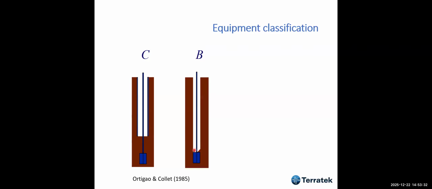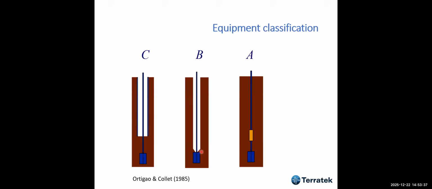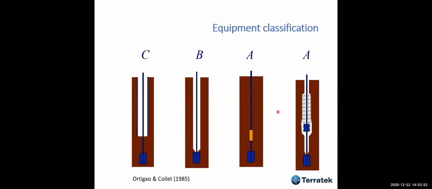The B type is one in which the rods are fully protected. The A type has a transducer, or a way of measuring the torque. Today, this should perhaps be used. In those days, we didn't have this. And this was the most advanced one at the time, in which the vane was protected by a shoe.